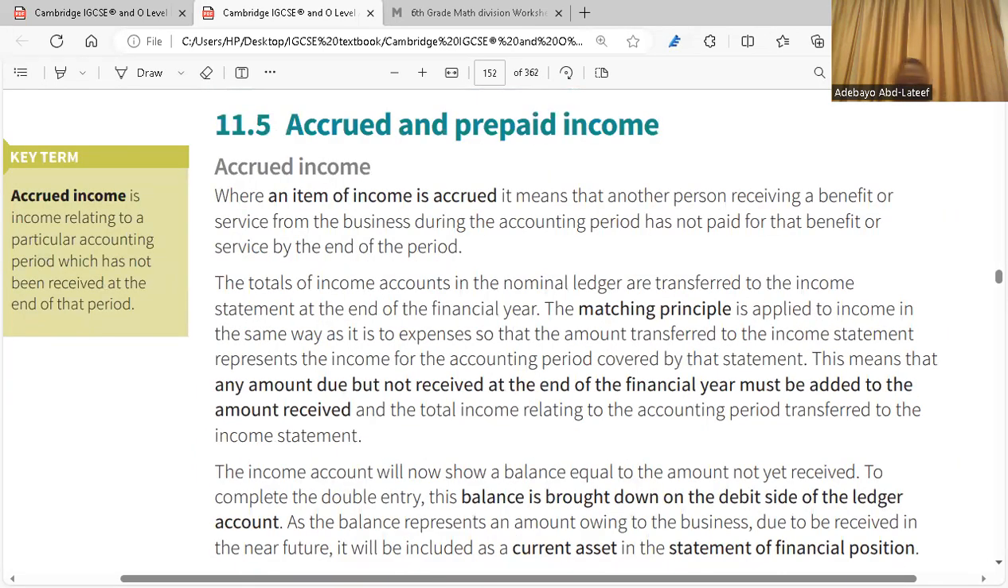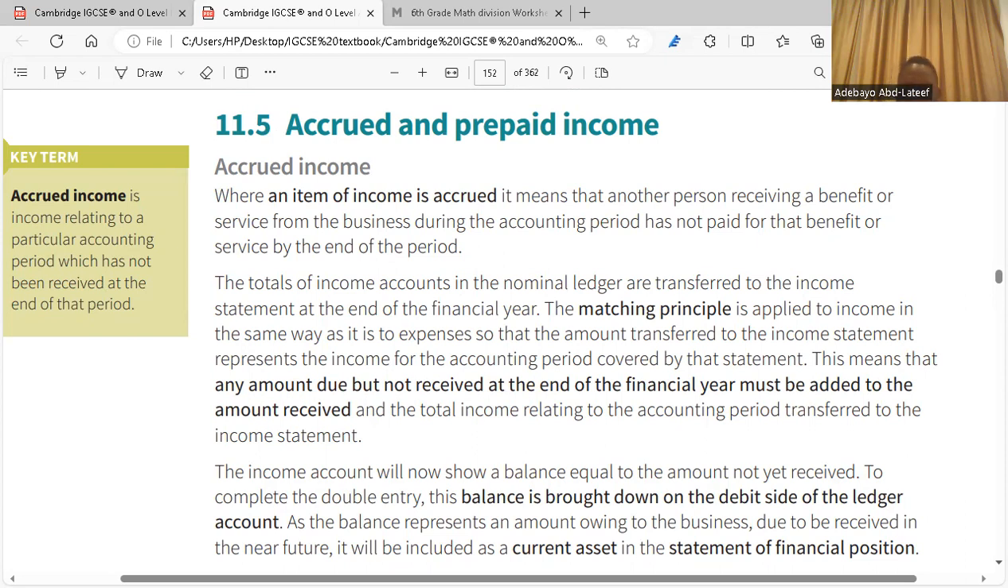So go to accrued income. So what is an accrued income? Accrued income is an income relating to a particular accounting period, which has not been received at the end of the period. That's what we call accrued income. Do you get what it means here? It means that you've rendered some benefits or service that belongs to that business,